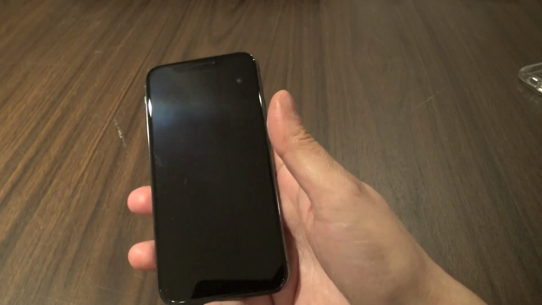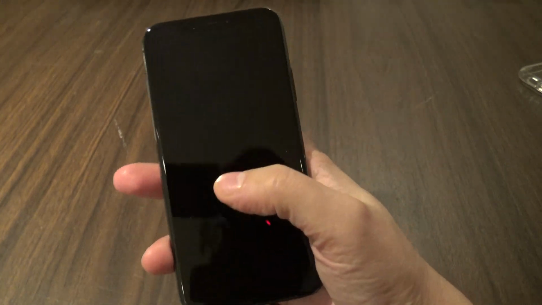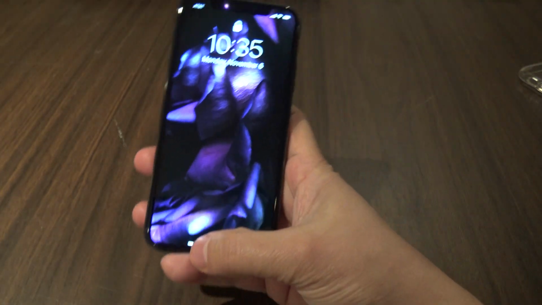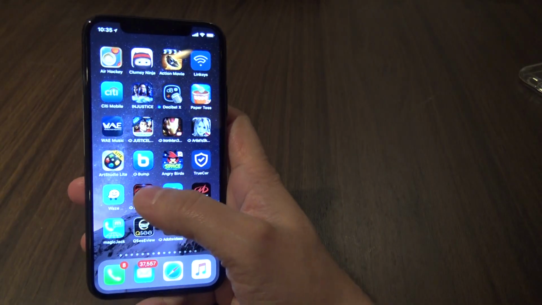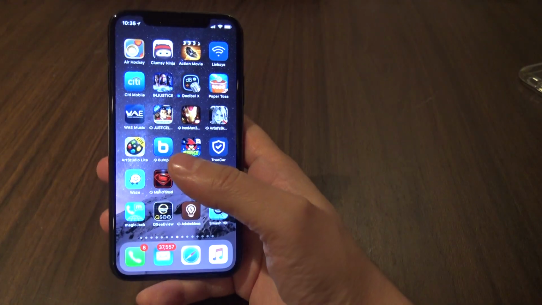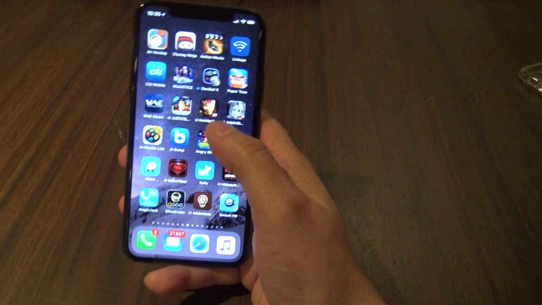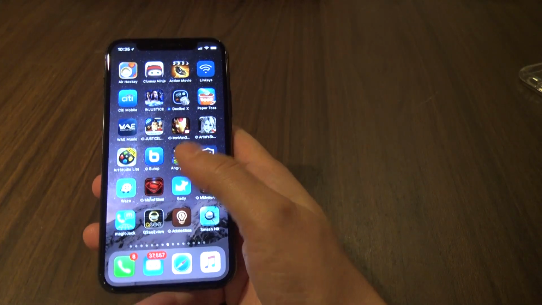So first, to turn it on, instead of tapping the home button, you could either tap the side button or just tap the screen, then have a look at your phone to unlock it and flip it up. I had to move it off the camera because I had to look at the phone. Sorry about that. Anyway, now that we're at our home screen, all you have to do to enable home is